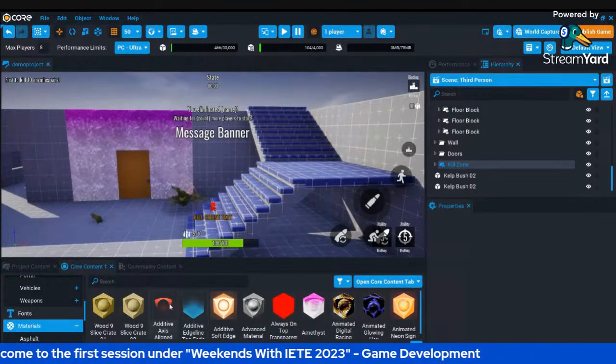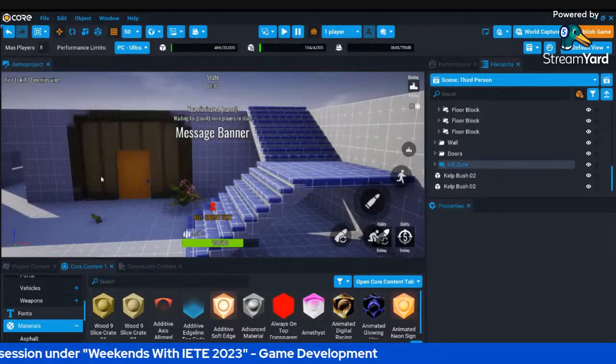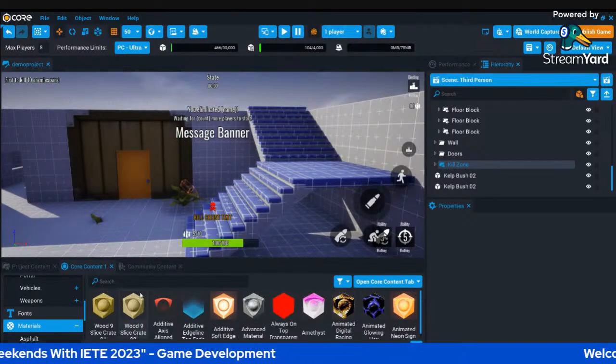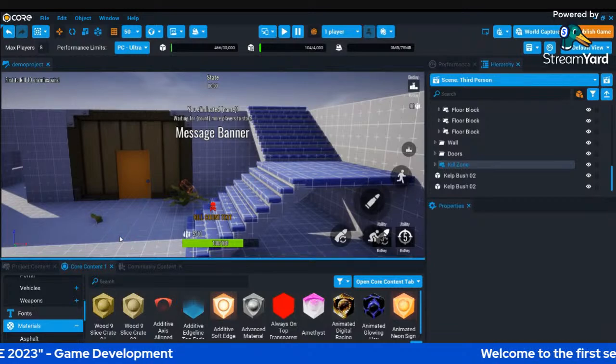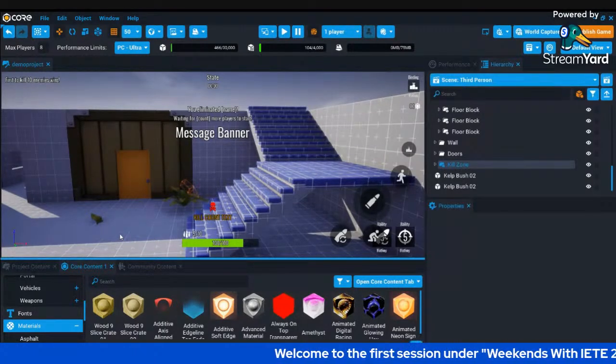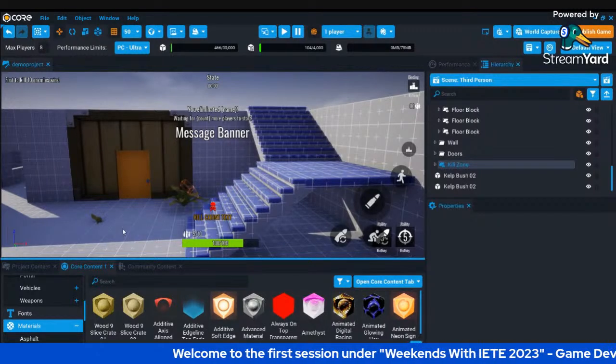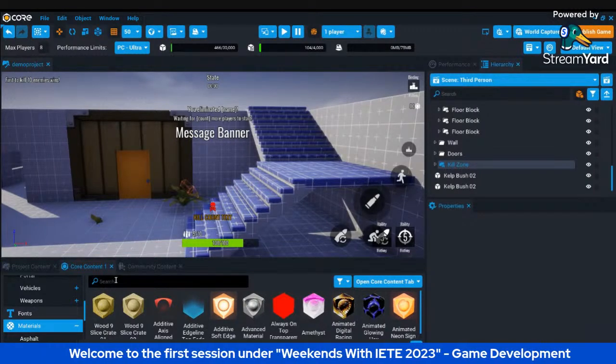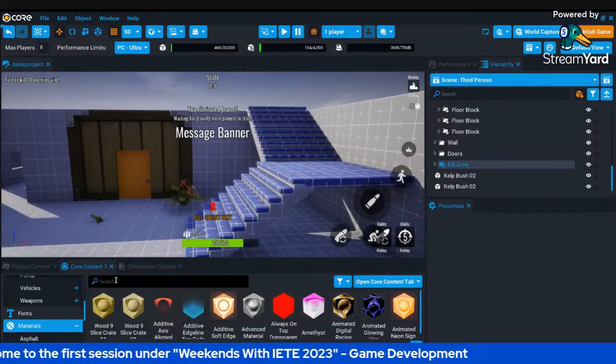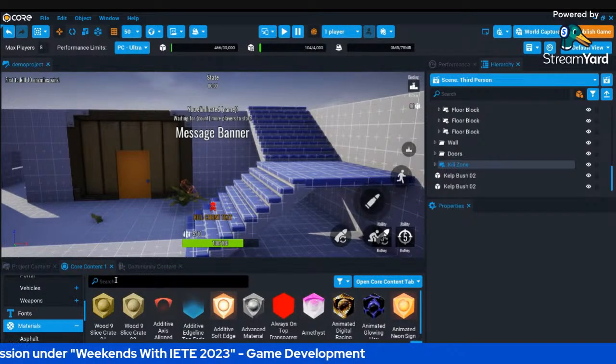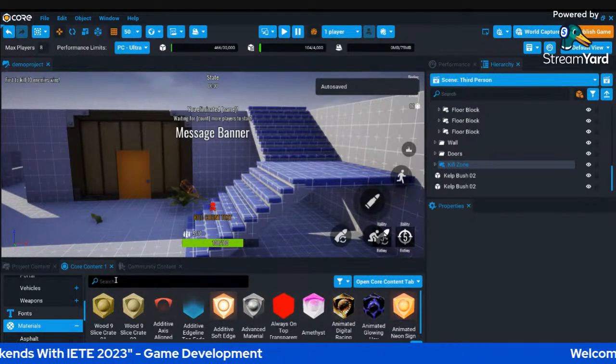You can also give a wood slice, great. Bordering the door, there is a nice, can you see?